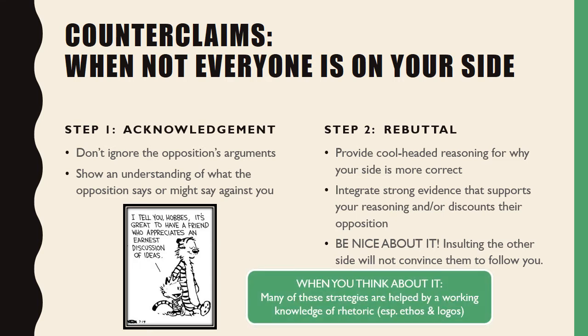The thing that you need to think about is that many of these strategies that I've just given you are helped by understanding rhetoric. And you should have at least a working knowledge of rhetoric, the 3 parts of rhetoric. If you look at the advice that I've given you here, we're talking especially about ethos and logos here, establishing yourself as some kind of authority and having the ability to talk about your side, but also having a logical way of approaching your side. That's not to say that pathos isn't going to play a role in this, but the way I look at it, there's more ethos and logos here. We'll save pathos for the next slide.